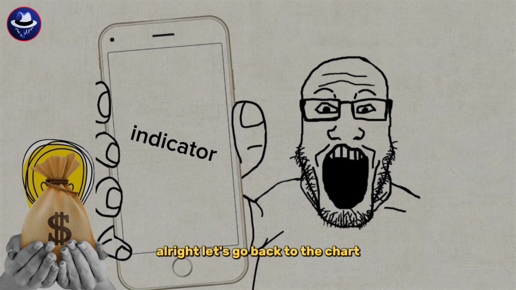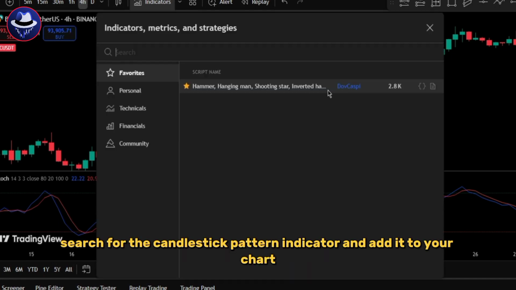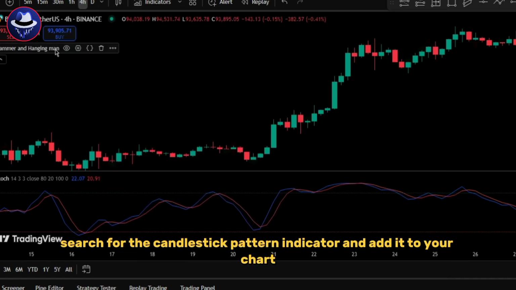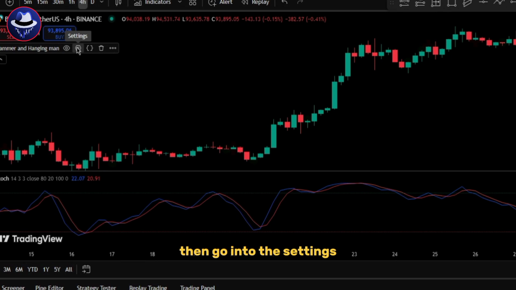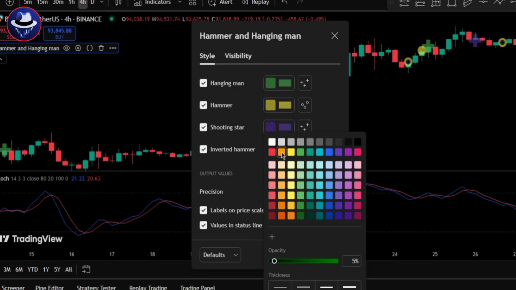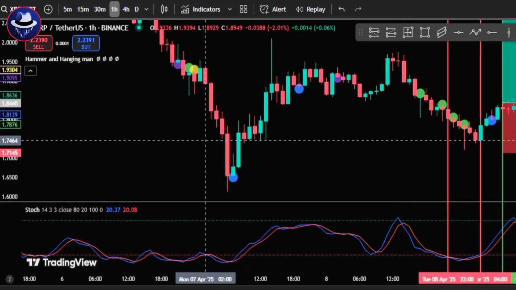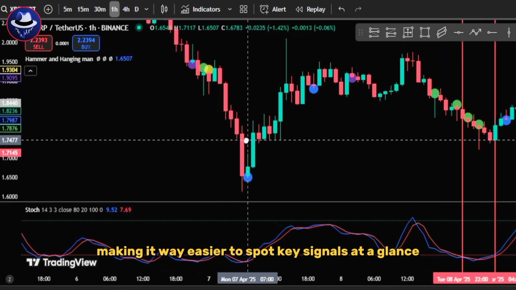Alright, let's go back to the chart. Open the Indicators tab, search for the candlestick pattern indicator, and add it to your chart. Then go into the settings, and let's change the colors so it's easier to read. Hanging man, hammer, star, inverted hammer. And that's it. Now you've got a clean chart with patterns highlighted, making it way easier to spot key signals